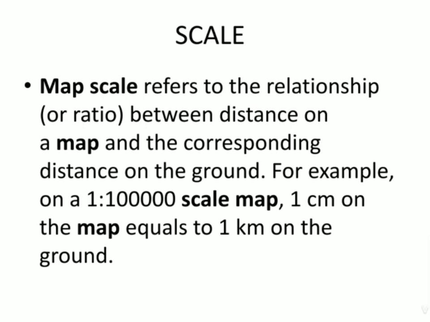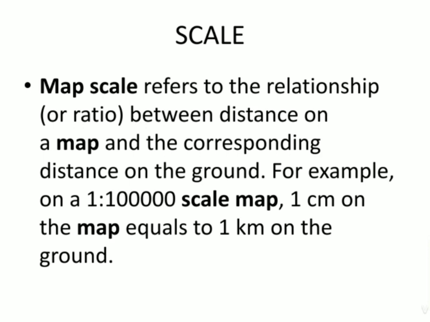For example, on a 1:1 lakh scale map, 1 centimeter on the map equals 1 kilometer on the ground. So whenever in the map 1 centimeter distance is shown, then an individual needs to consider it as